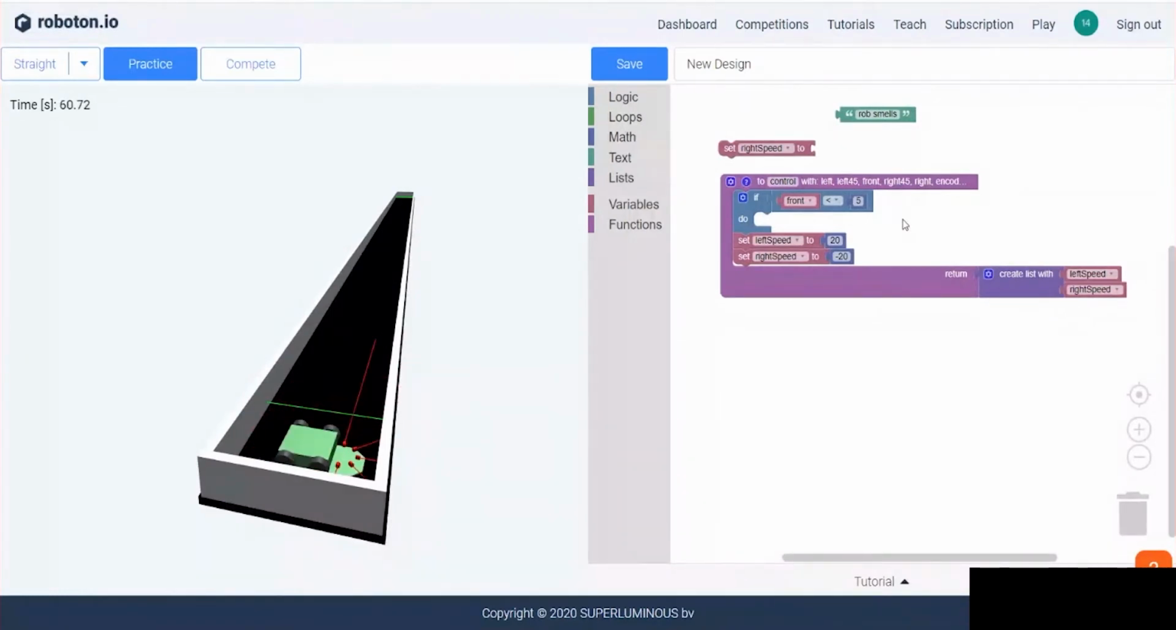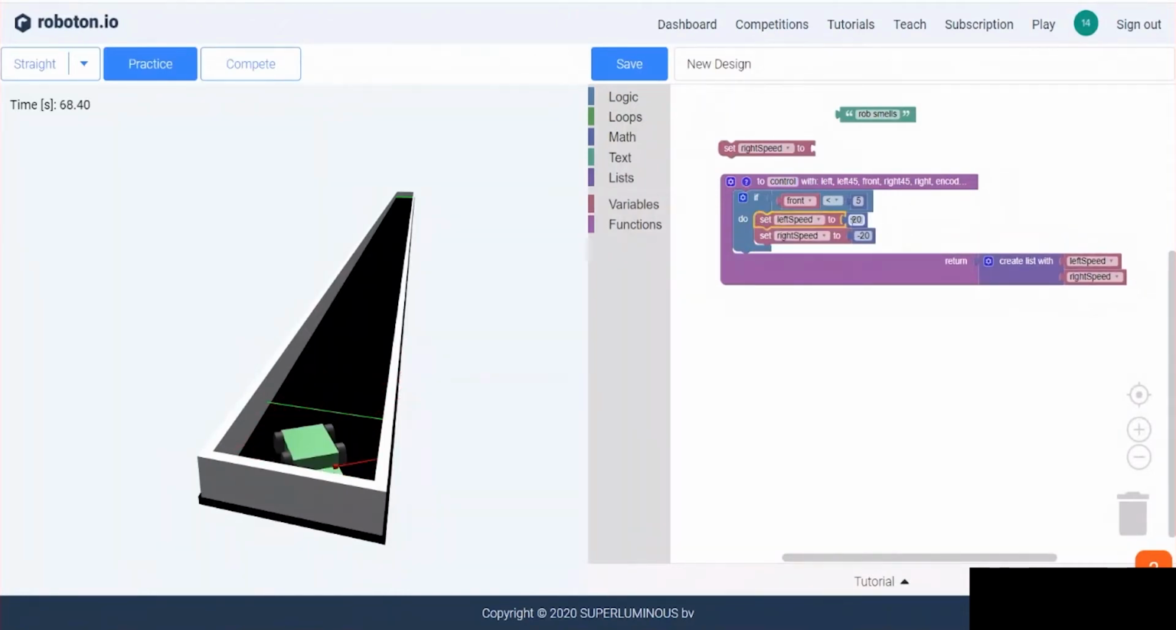Stop. Okay, and how are we going to stop it? Oh, speed 0. Speed 0, right. So we're going to drag these two. We're going to set them in here. And we're going to set them to 0. Okay. So this is say if our front sensor is less than 5, we're going to set both of our